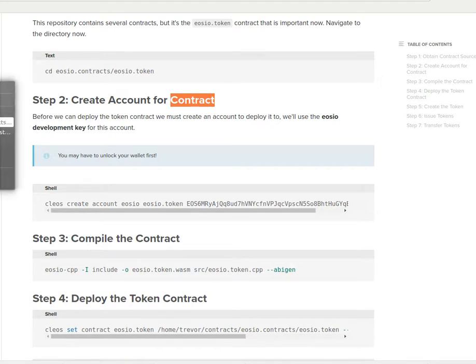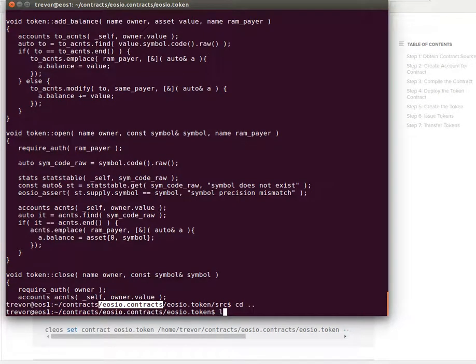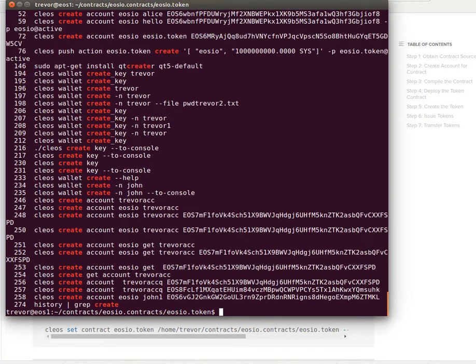They supply this contract. So if we go over to the library, so if I've gone into this contracts directory and then the token, we go up one level, we can see the source code is here, and we're going to create, we saw earlier about how we created accounts, so it's the same thing as we did here, but this time we're using eosio.token. So I'm going to say Cleos